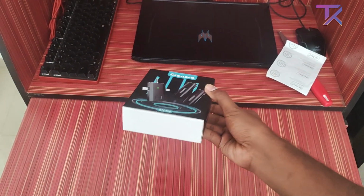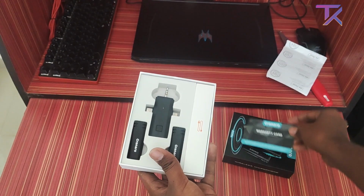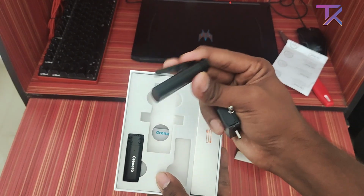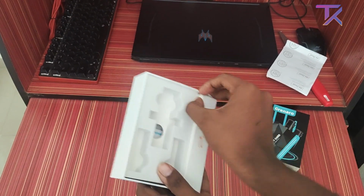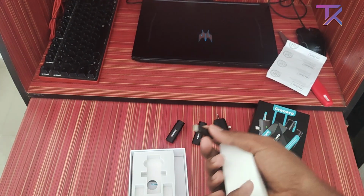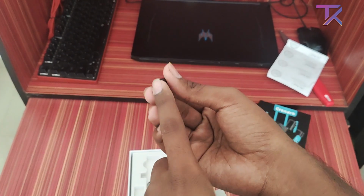So guys, here is the box, and inside this we get a warranty card and a connector. This will go to your mobile phone, and these are the mics, two microphones. Let's see what's more inside the box. Here is one more box. I think it will have the charger and all, and one 3.5 mm to Type-C connector, and another Type-C to 3.5 mm, so you can plug a headphone over here,